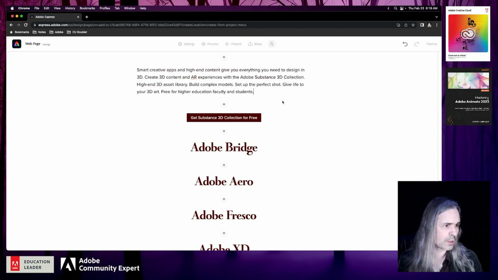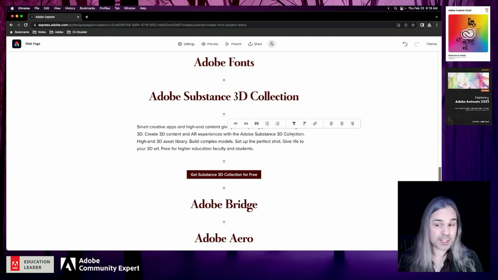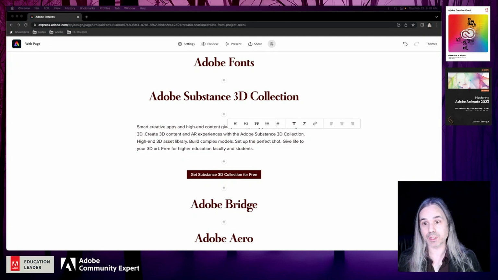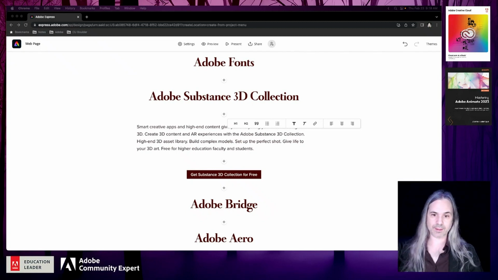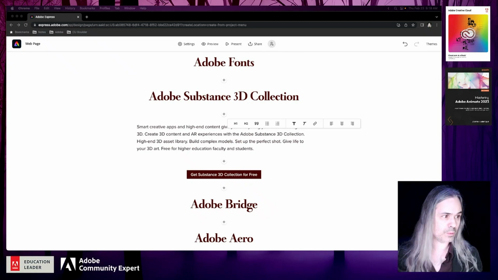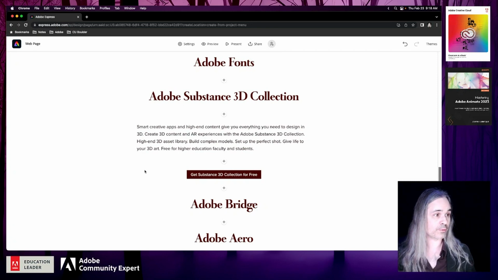Boom. There we go. And that's really nice. I've been very critical of some of the decisions they've made with the Substance stuff, especially around Dimension, but it is really nice that they offer it for free for higher education students